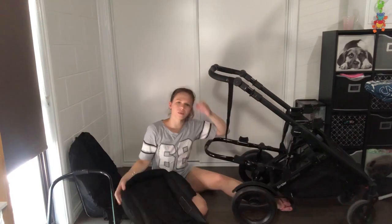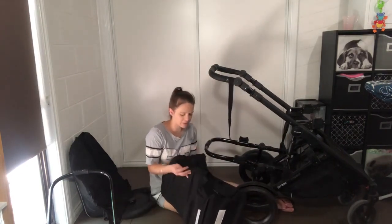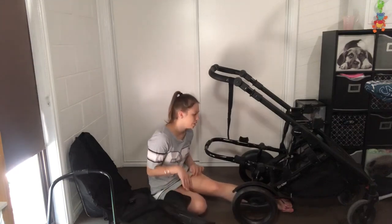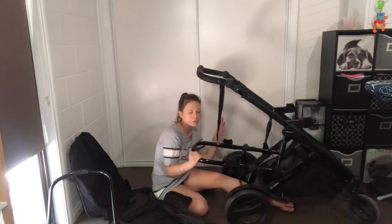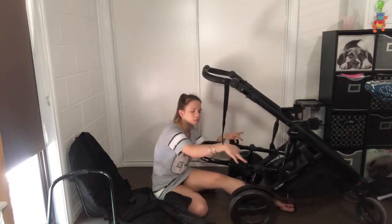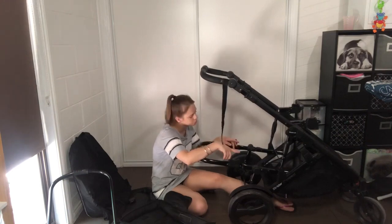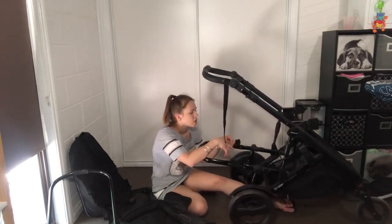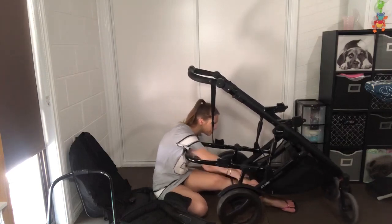Yeah, so that was a little bit more fiddly, just that the Velcro kept catching on and the side bits kept catching on to another. But this is what your frame looks like when you have your capsule down the bottom. So these are the two parts that it slides into, but it only faces forward. If you really wanted to, you can go and get